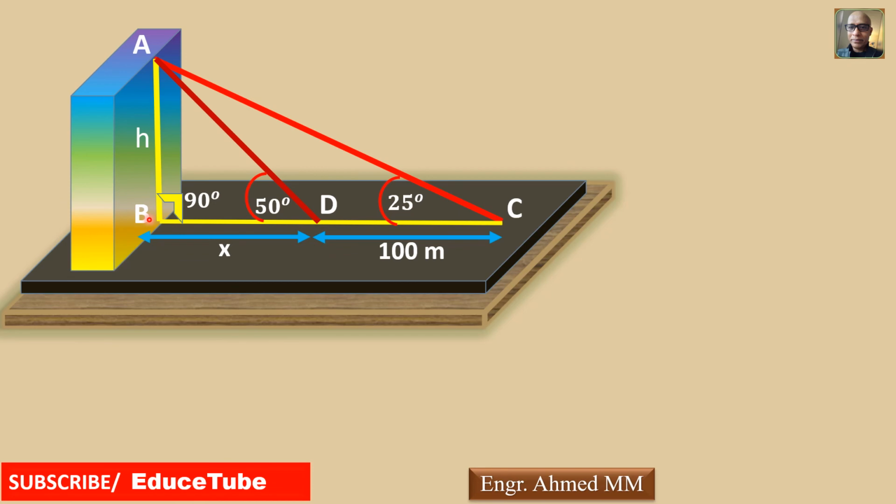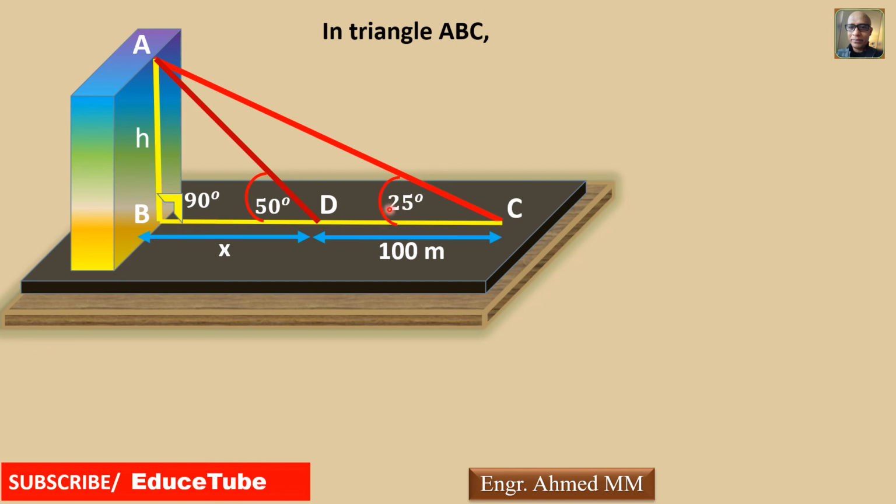So what will we do first? Here there are two triangles, ABC and ABD, and both are right angle triangles. So we will consider ABC first,